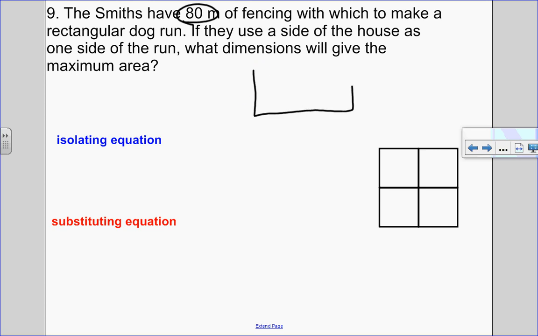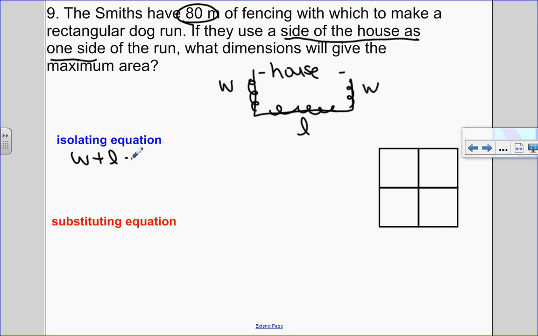So we have three sides, but they're using the side of the house as one side. So we don't need a fence along this side. So I have a width and a length. So my perimeter all the way around is going to be a width plus a length plus a width. So my isolating equation is going to be width plus length plus width equal to 80, or 2 width plus